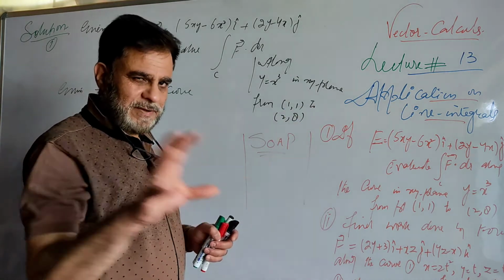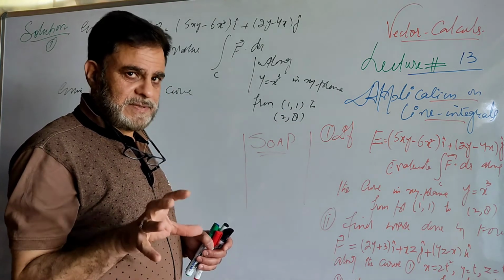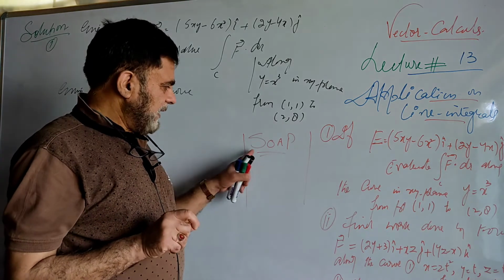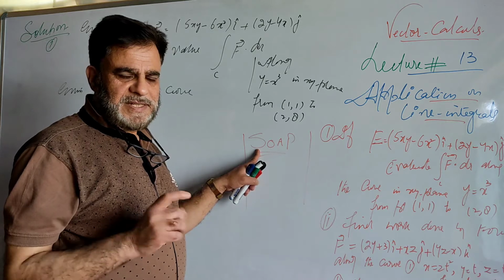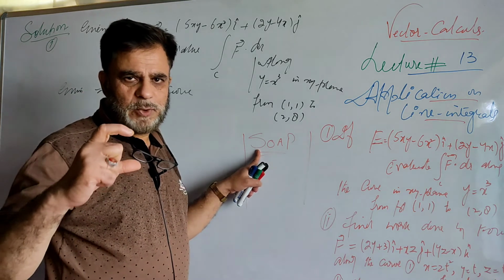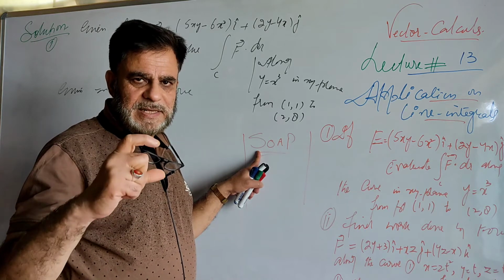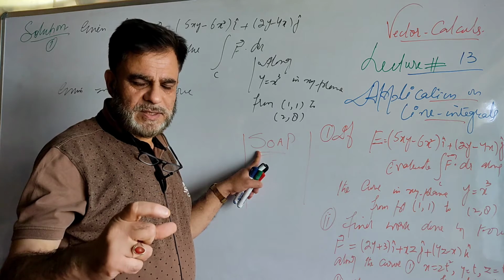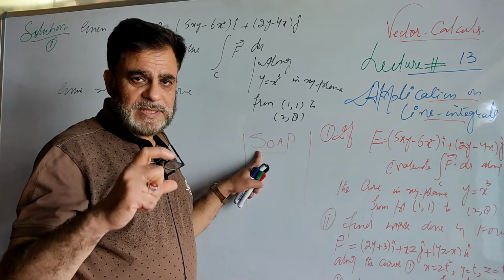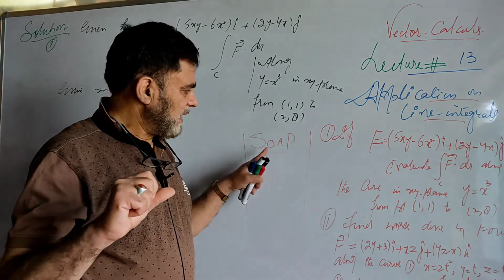So let me introduce this. When we trace the curves, I want to just give you an idea of how we draw the curves. Here we need symmetry. In symmetry we have these points: symmetric about the x-axis, symmetric about the y-axis, symmetric about the opposite quadrant, symmetric in all the quadrants, symmetric about the line y is equal to x, symmetric about the line y equal to minus x. Then you have O.